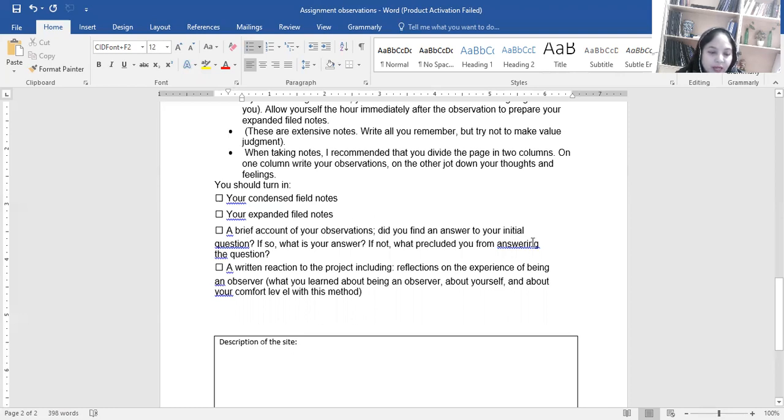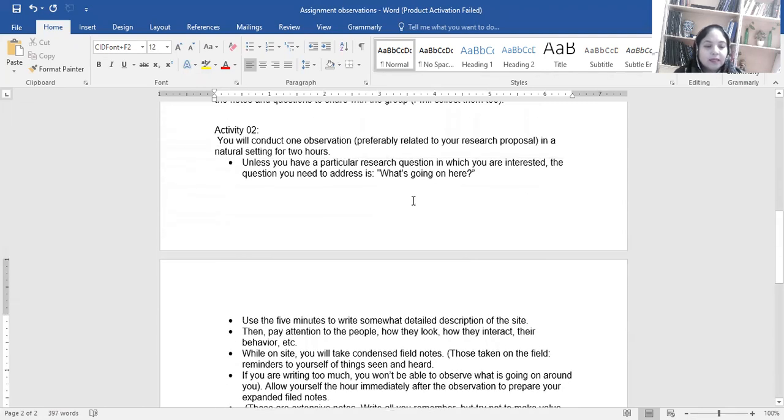Did you find an answer to your initial research question? If so, what is your answer? If not, what precluded you from answering the question? A written reaction to the project, including reflections on the experience of being an observer, or what you learn about being observed, about yourself, and about your comfort level with this method. So आपने एक रिफ्लेक्शन उसके साथ लिख के लाना है।